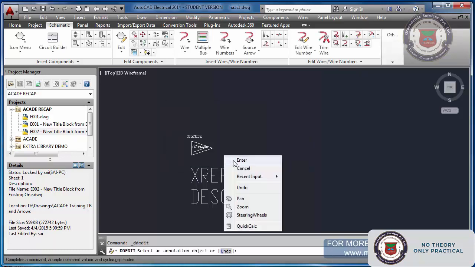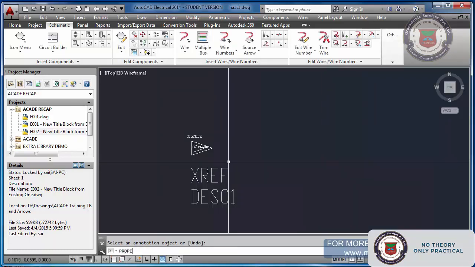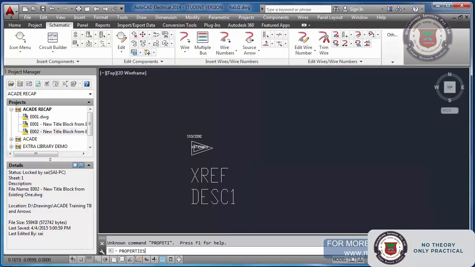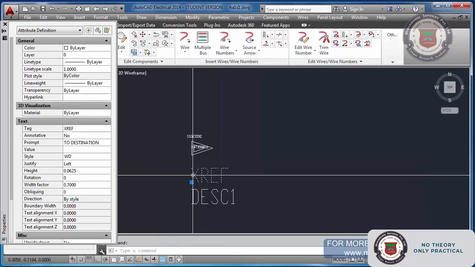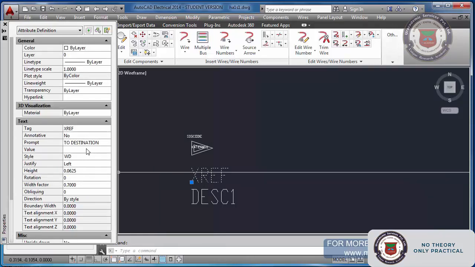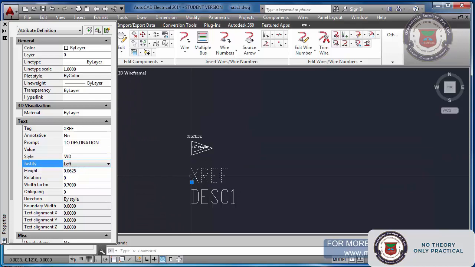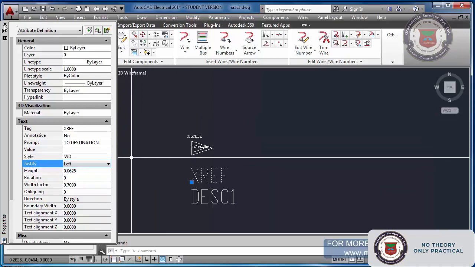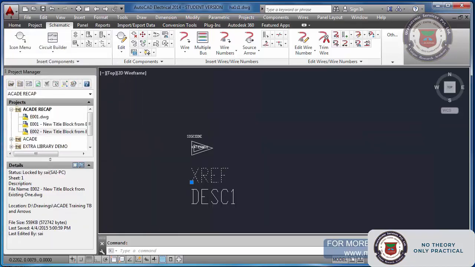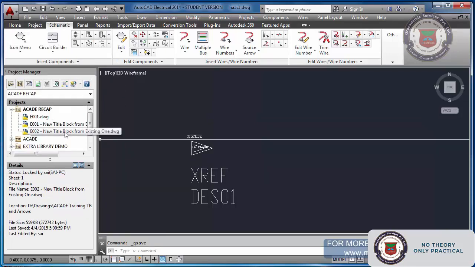Under properties, if you click this, you can see the prompt here, to destination, style and justification of the text, height, everything you can change here. So now in this case I change to capital letter, to destination. Okay, fine, save, go back to my previous drawing.